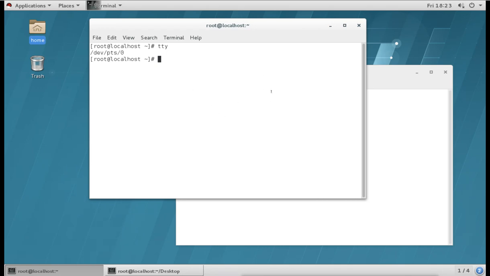Then we will see how to configure different servers like DNS server, DHCP server, mail server, and web servers. We will see all those things in the later lectures, but we will start from the basics.